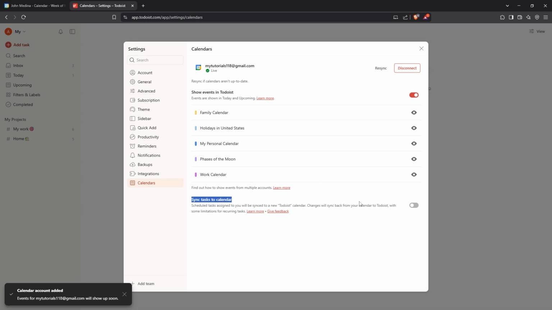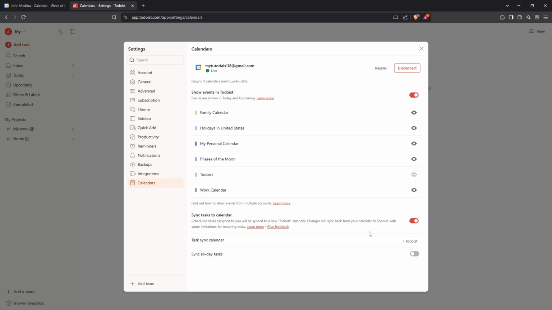Find yourself the Sync Tasks to Calendar section. This is the final toggle you need to ensure all your Todoist tasks seamlessly appear on your Google Calendar. Toggle this option on, and just like that, your tasks will automatically sync over. Every new task you add to Todoist will appear on your Google Calendar, saving you from having to manually update